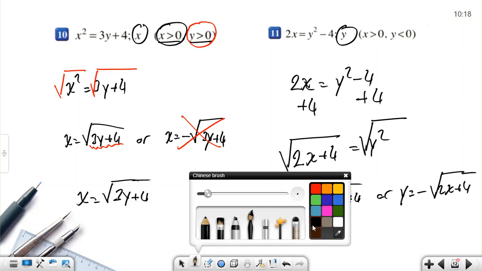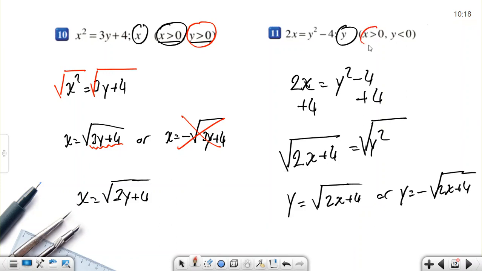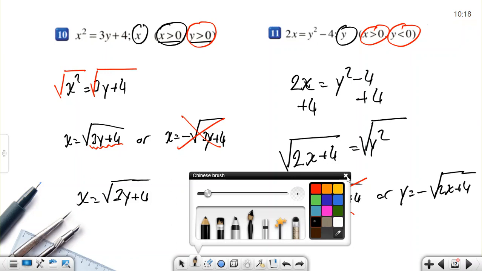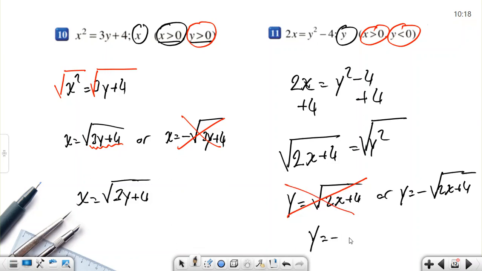But we have to check the condition. What is the condition here? X is bigger than 0. It's inside the square root, so it must be positive. And y is smaller than 0. If y is smaller than 0, the positive one cannot be my solution. My solution must be negative. So y is minus the square root of 2x plus 4. So this is my solution, and that's the end of the